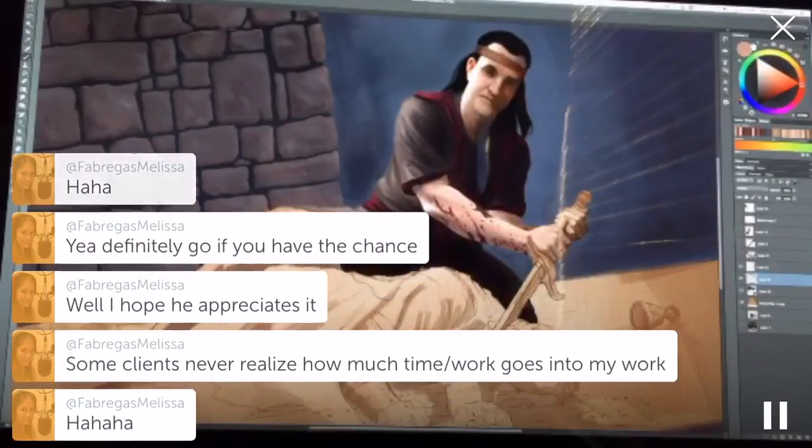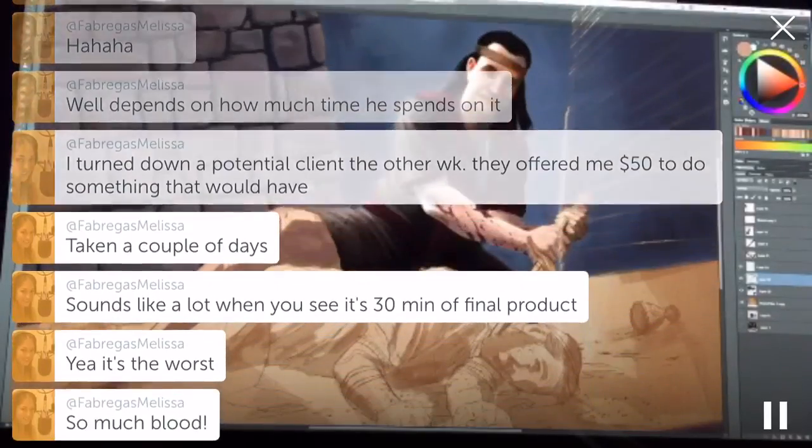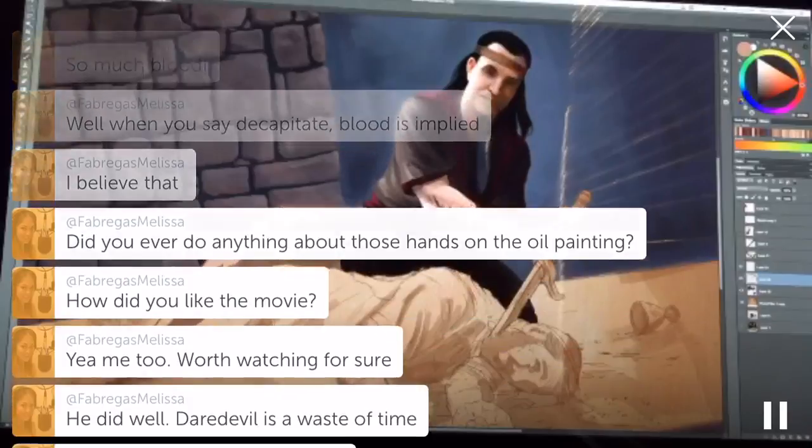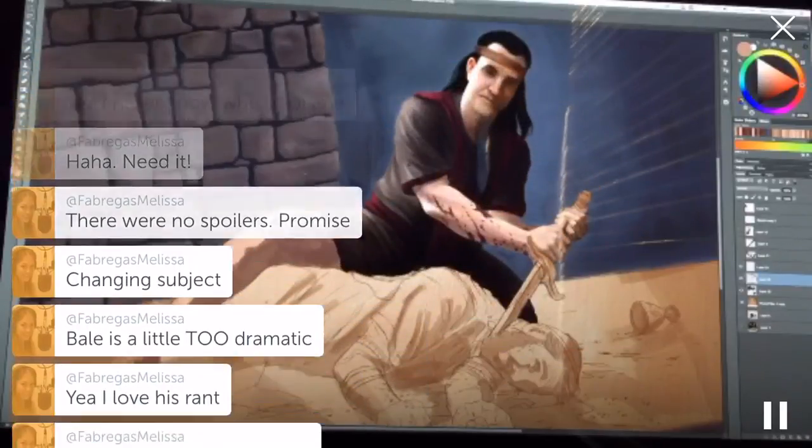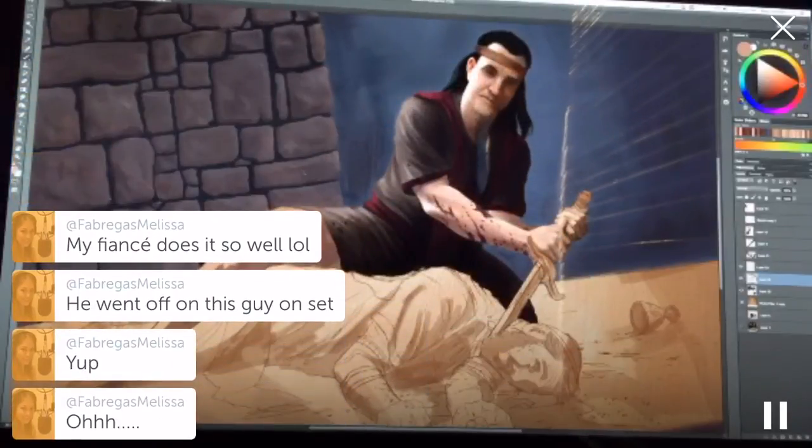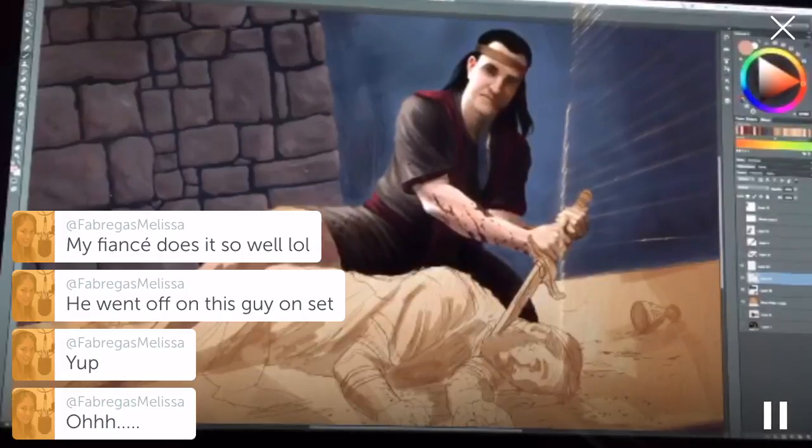I'm going to be showing a little bit further on this digital painting commission that I got. I titled it The Slaying of Laban, and I'm just kind of getting set up right now,